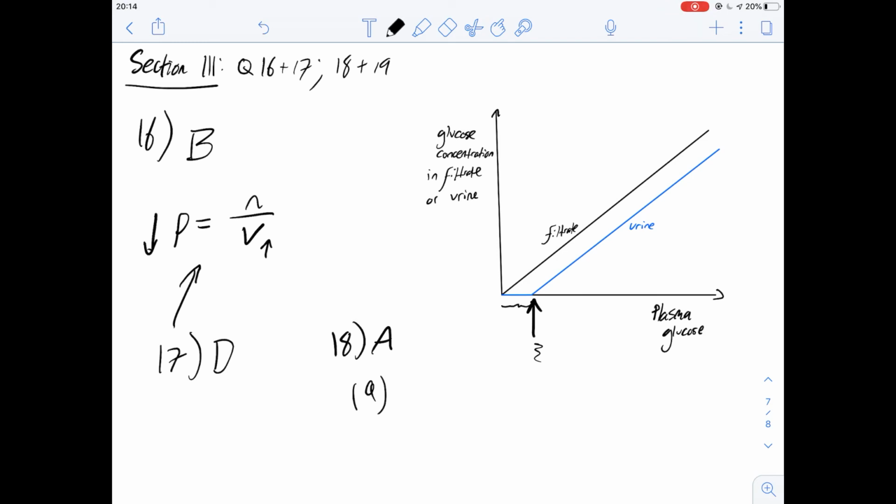That was questions 16 and 17, 18 and 19 in section 3 of the green booklet. I hope